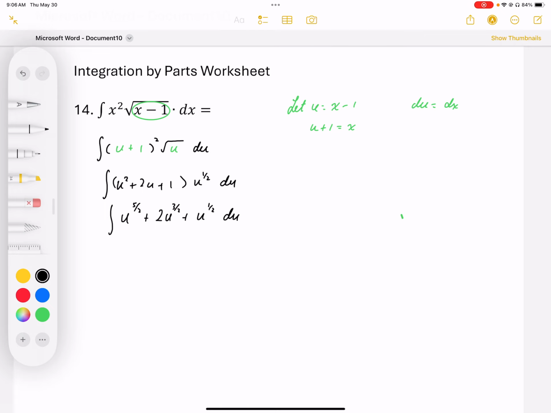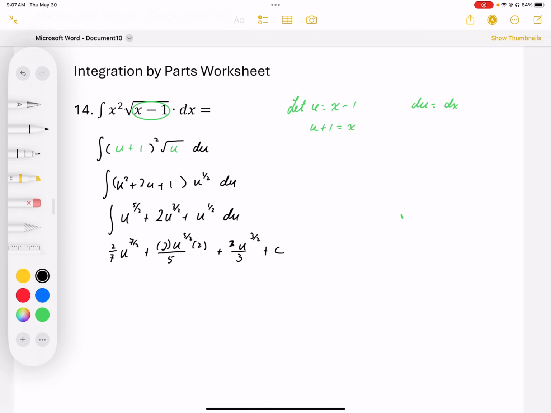Okay, so once we establish that, we can integrate this. We end up with u to the power 7/2, divide by 7/2, plus 2 times u to the power 5/2, and then divide by 5/2, plus u to the power 3/2, divide by 3/2,